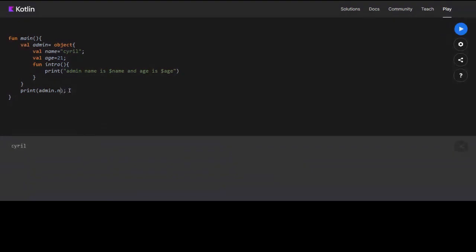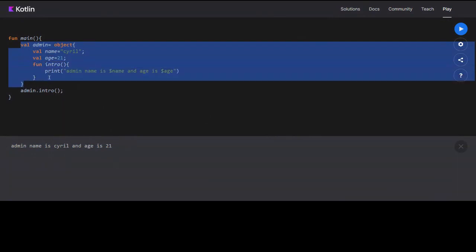So you have to say intro. See, admin name is Cyril, so we can access all the functions and properties related to an admin in a single object. So this is very useful to do that. Okay, so that was object classes.